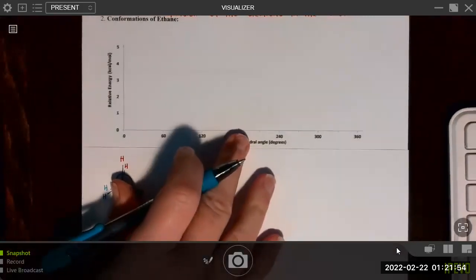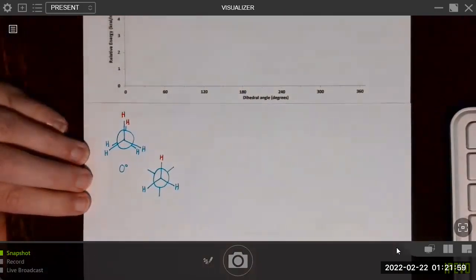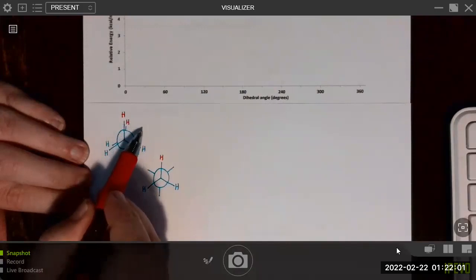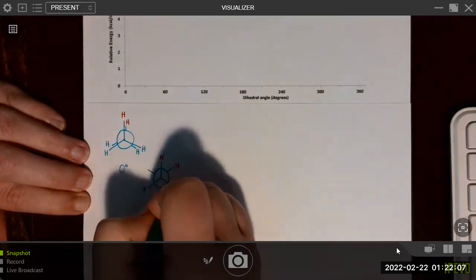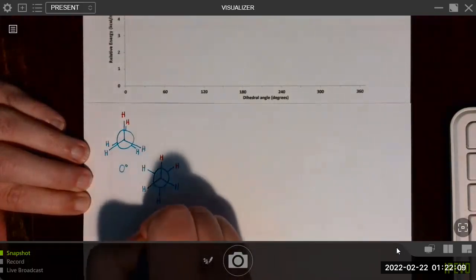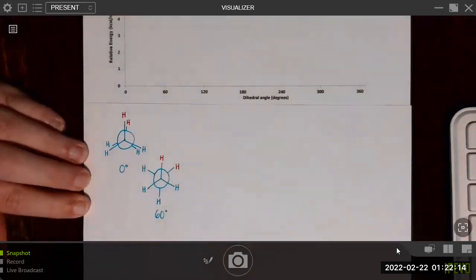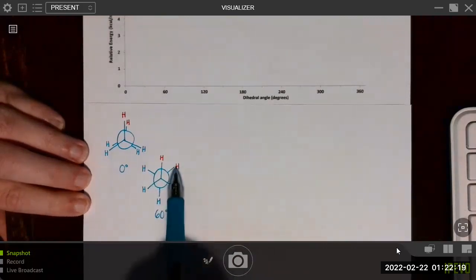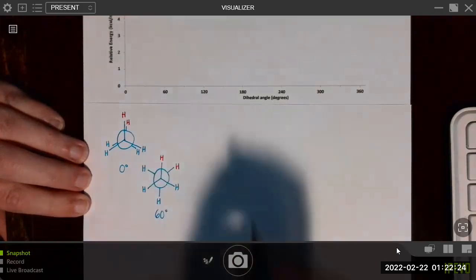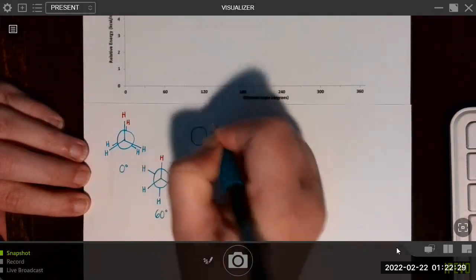And what I'm doing here, if I did a 60-degree clockwise rotation, is that it is going to rotate over here. So now we have those two red hydrogens specifically 60 degrees apart. And now we're going to just keep rotating that back carbon 60 degrees at a time, so that we'll go behind this hydrogen, right? And then keep moving around. So we'll draw that next eclipsed conformation.